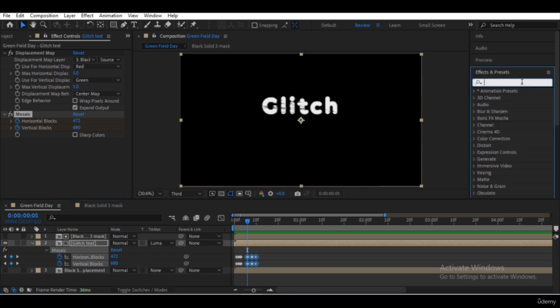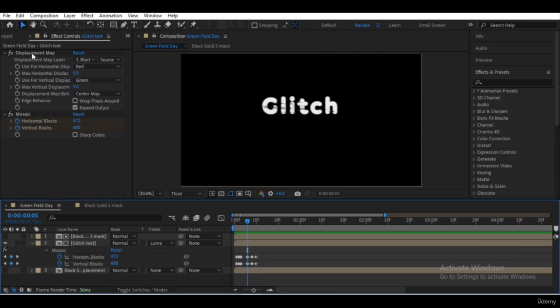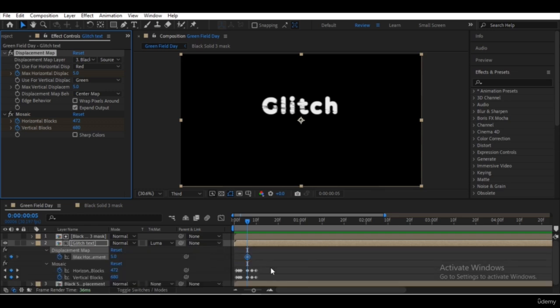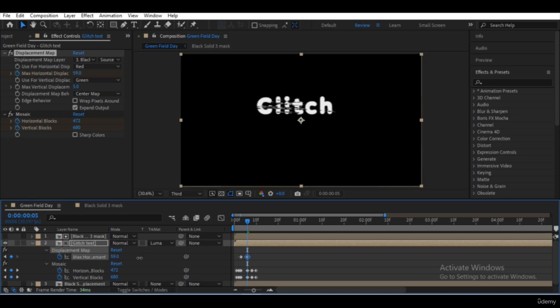Then we can go to the displacement map again and activate the keyframes for the max horizontal displacement. Press U again until we see the displacement map keyframes over here.